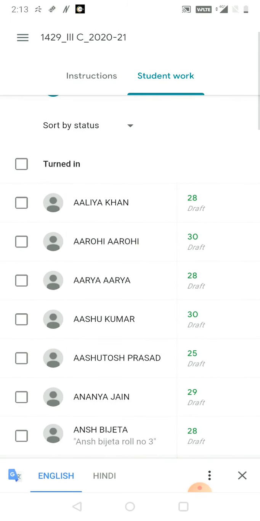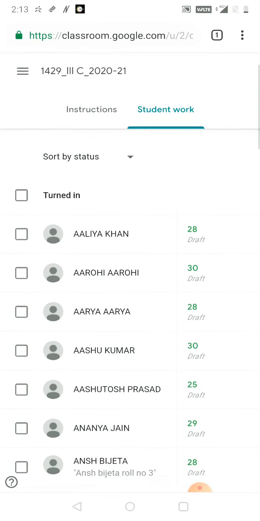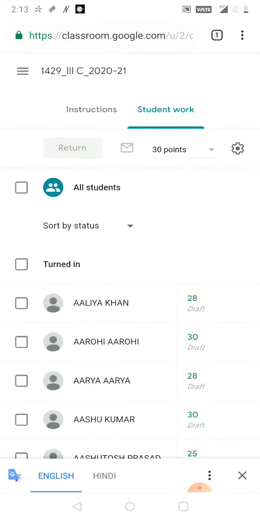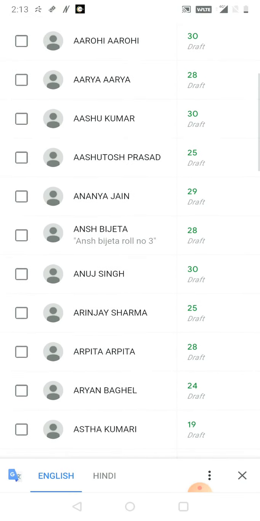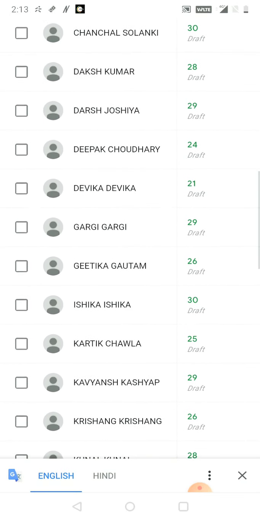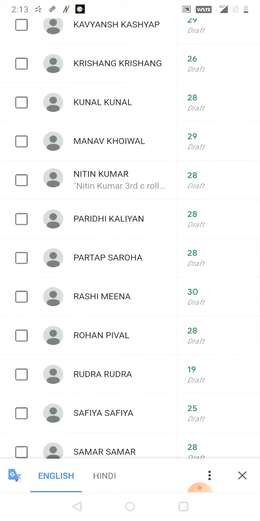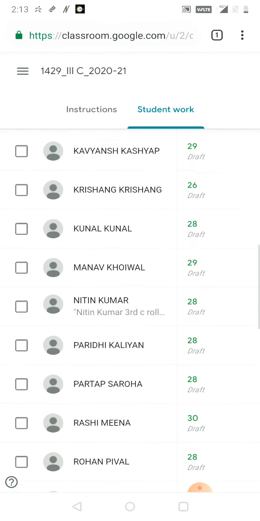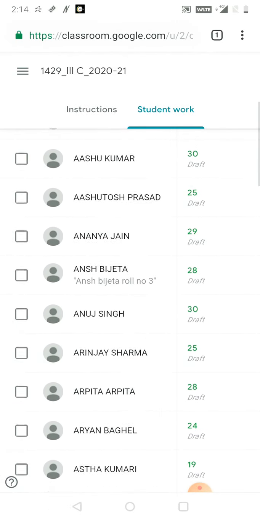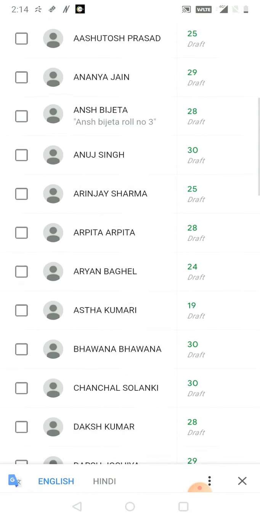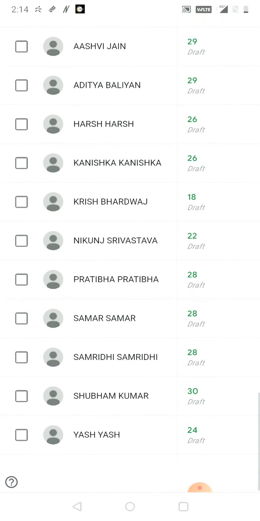See, you can see the marks which they have scored in Google Forms. All the marks are appearing here only, like this. You need not make a separate record for the marks of these students. All the marks are showing here. You can check it.